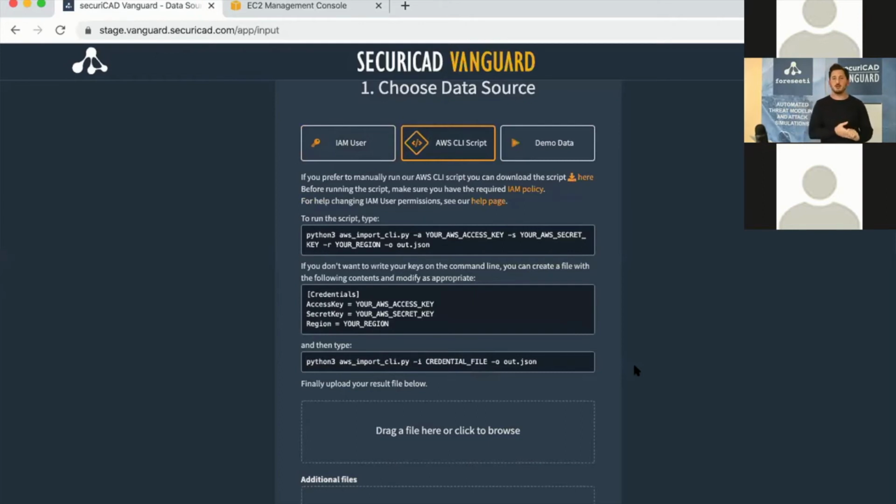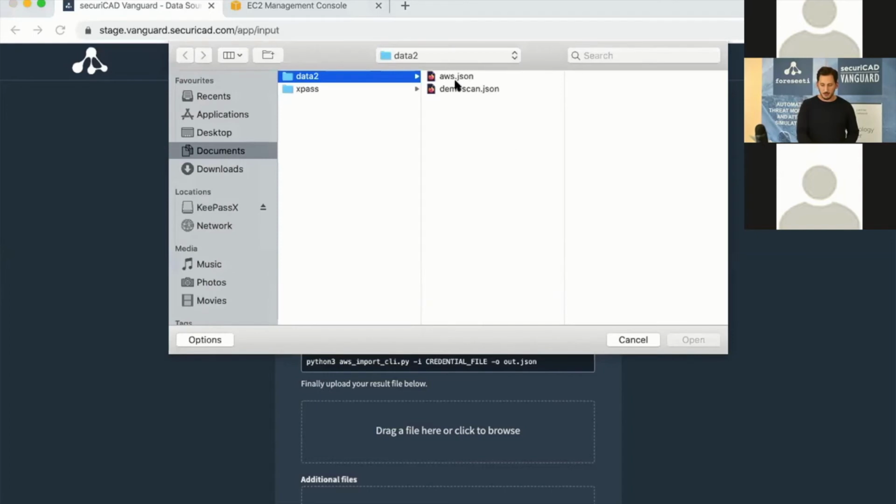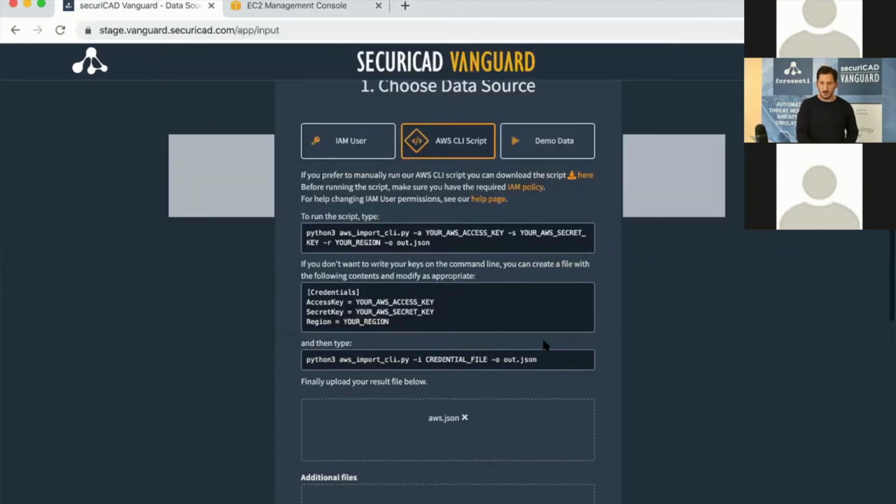So this is where you download a Python script that will collect all the data for you locally, and then you can upload the file yourself. And this is the recommended way for us, so you don't have to provide the tool with any access keys. Of course, we don't save anything. Vanguard doesn't save any data or any keys, but this is still the preferred way right now before we get the cross-account access roles. So I have run this script, and I upload the file here,